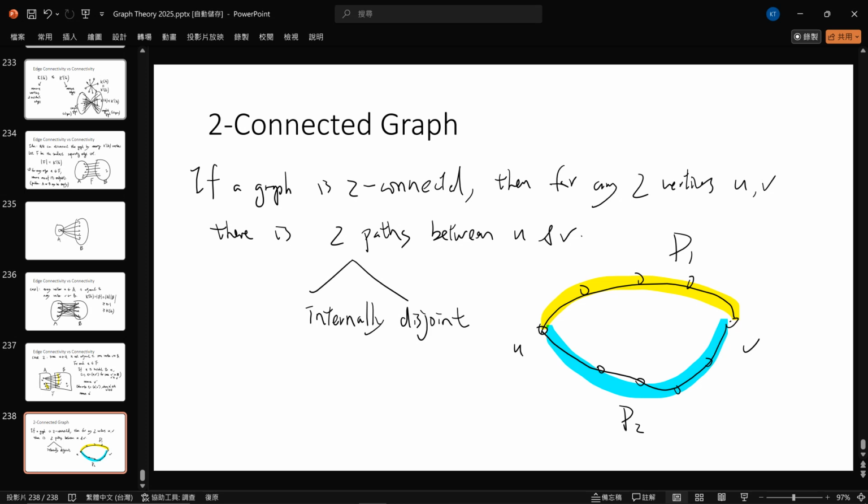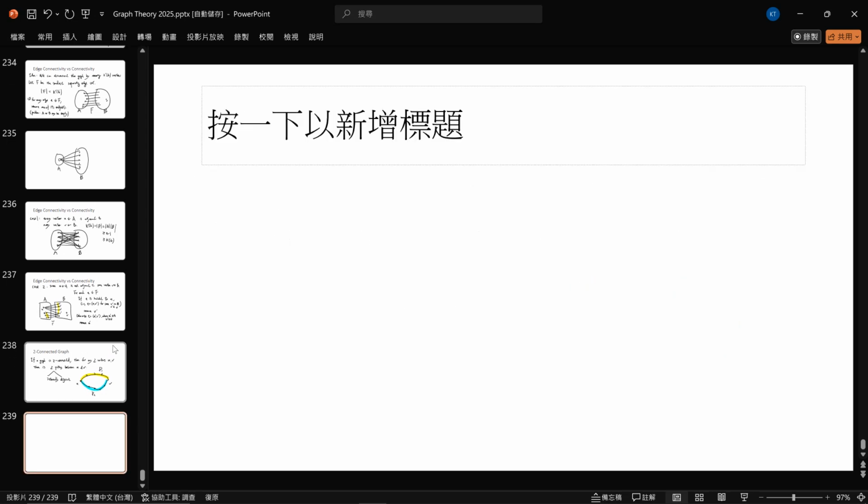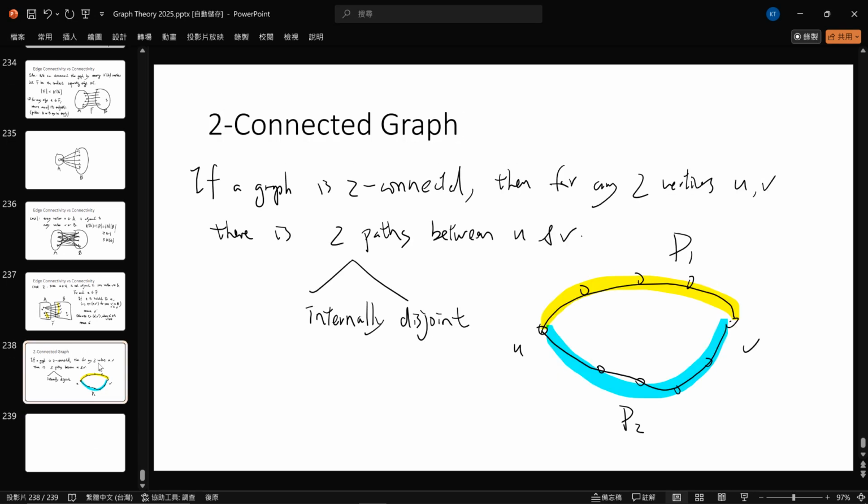OK，好，所以我们接下来就是要看这个 two connected graph 的状况，所以我们等一下要去说明说，只要这个 graph 是 two connected，那对任两个 vertex 你都可以找到2个 path，而且这2个 path 不会共用任何的 vertex，除了 endpoints 之外，OK。endpoint 是一样，因为都是连接 U 跟 V，那中间的都不会一样，OK。所以这是我们接下来要说的。